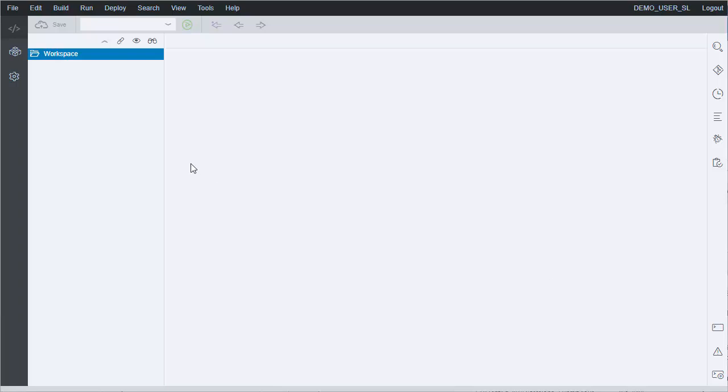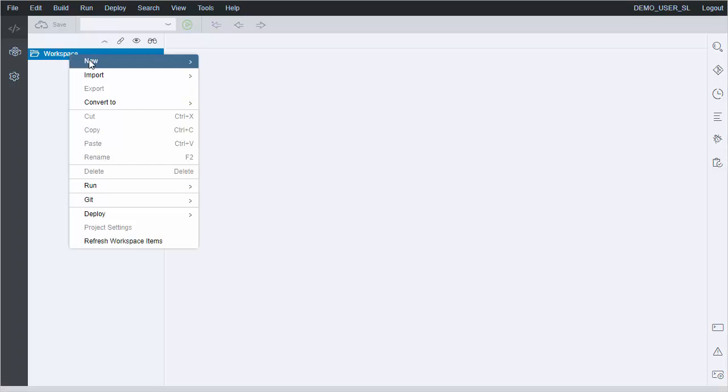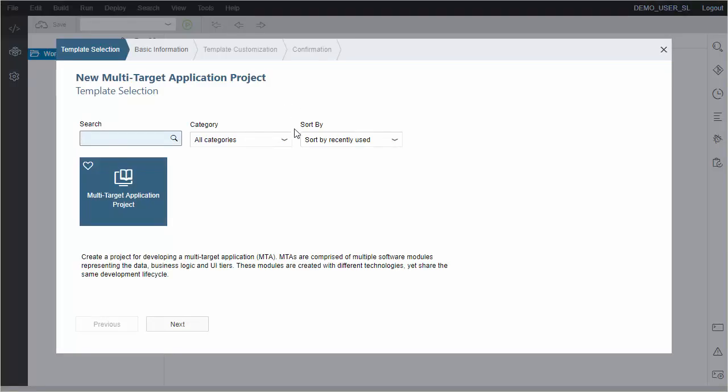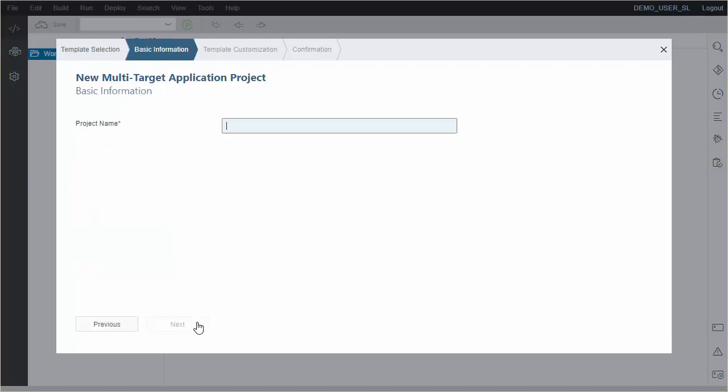Okay, so here we have an empty Web IDE, and now let's say we start with a project from template, and we start with a regular multi-target application project. We give it a project name, so let's call this one regular DB project,